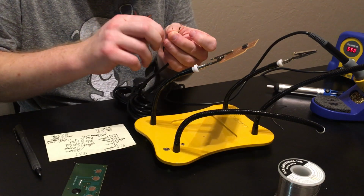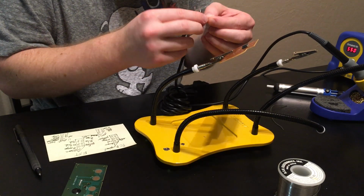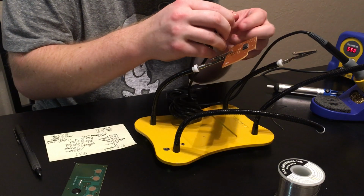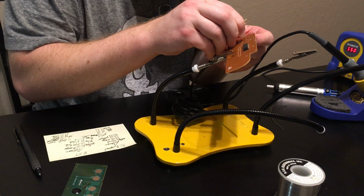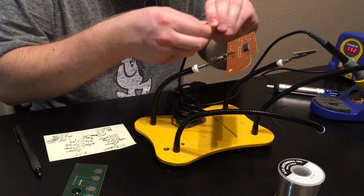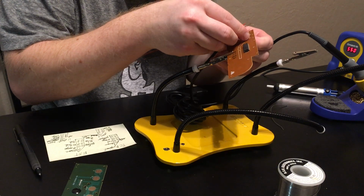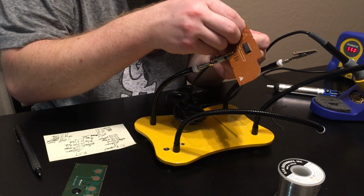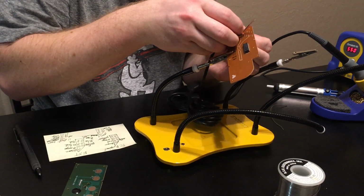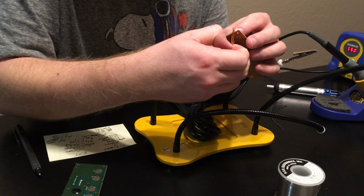I could tin these cables, but I don't know if that'll make them too wide to go through the holes. Okay, so right here, I'm going to try to just get them a little wet. This might prove to be the hardest part. Wonder if I could feed. Yeah, I can. I'm going to try just feeding the whole cable through so that I get all of the conductive stuff through. And then I'm going to back it out,